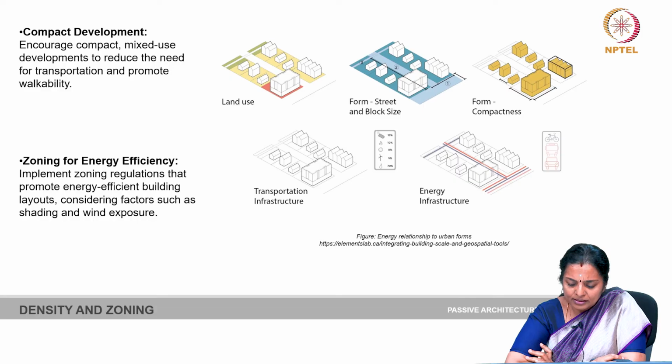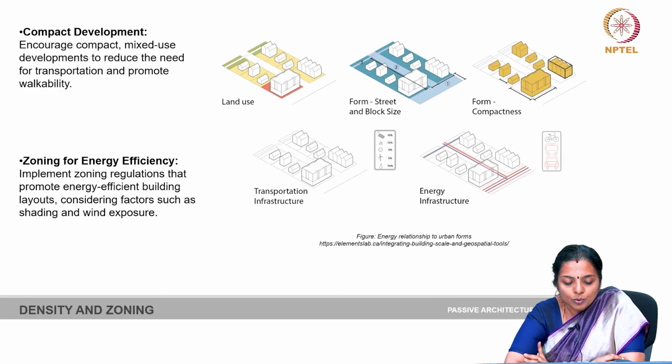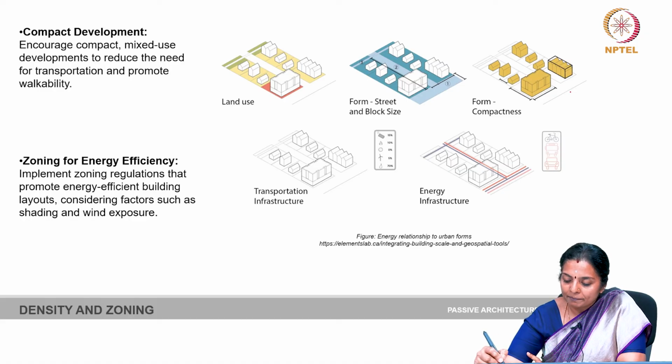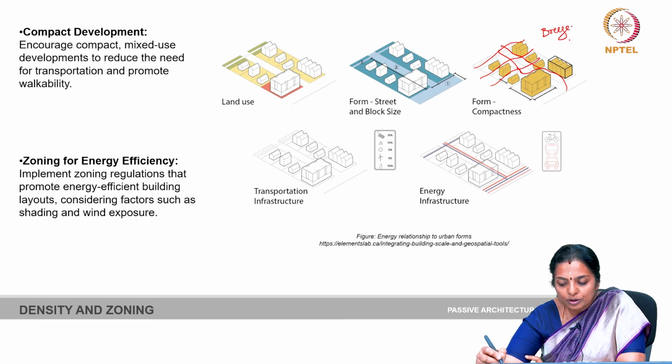If you look at this small sample layout, it is not too dense but it is not too loose also, and a layout of this compactness will do good for wind. There will be adequate breeze in between the houses. It doesn't seem suitable for a hot dry climate because it's not too compact and not too dense,